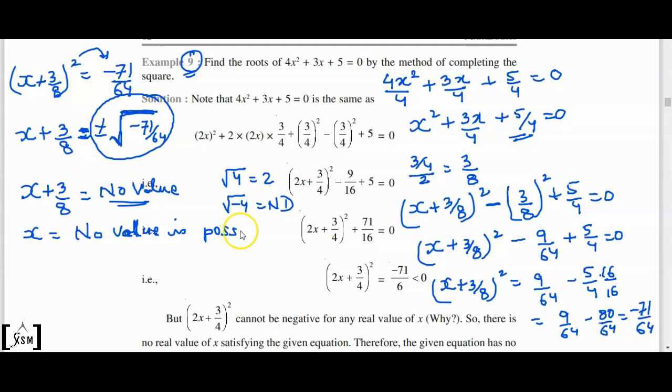Now in the beginning we had learned that in a quadratic equation we can have at most two roots. It means we can have 0 roots or 1 root or 2 roots. So in this case we did not get any value of x. So this is a case when we have 0 roots, means there is no value of x possible. So basically this quadratic equation has no roots. Okay, hope it makes sense, guys. Let's move on.